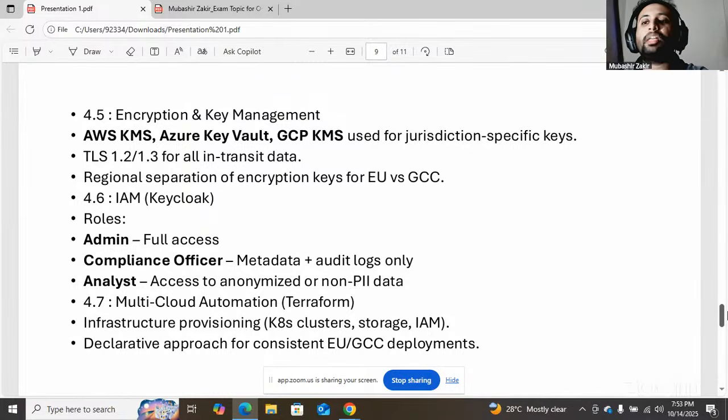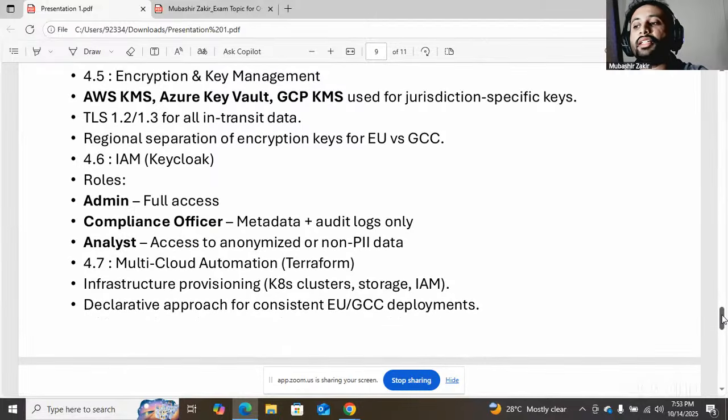We have regional separation of encryption keys for both EU and GCC. Encryption is a very important part because it is required by UAE and Bahrain, it is a must to comply. We use TLS, Transport Layer Security, and KMS for encryption.